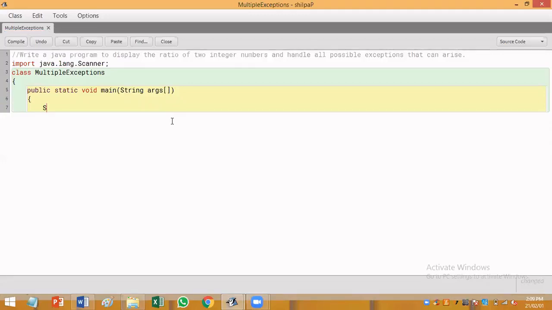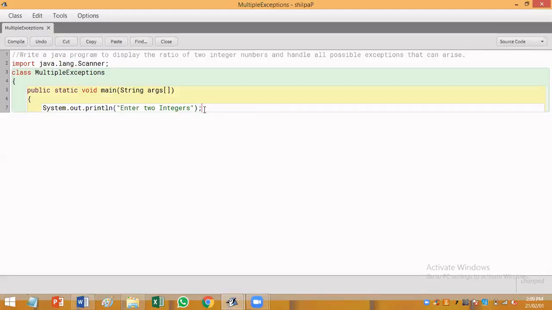So I'll display a prompt message to the user to enter two numbers by writing System.out.println within double quotes, "Enter two integers". Okay, so here I'm prompting the user to enter two integers.